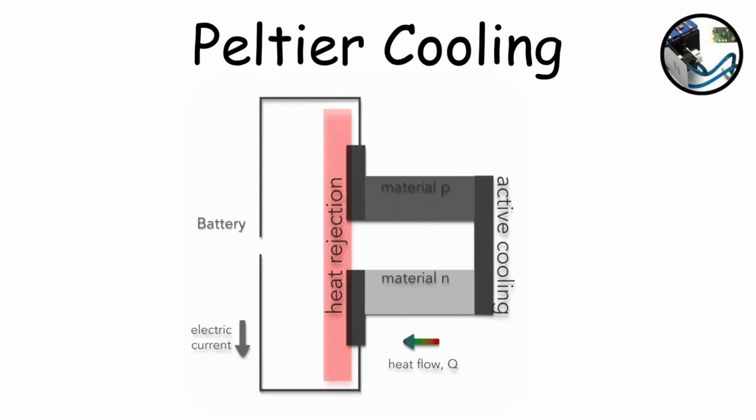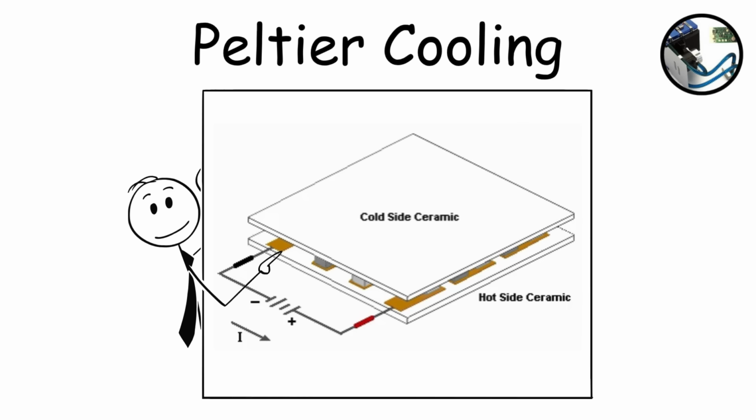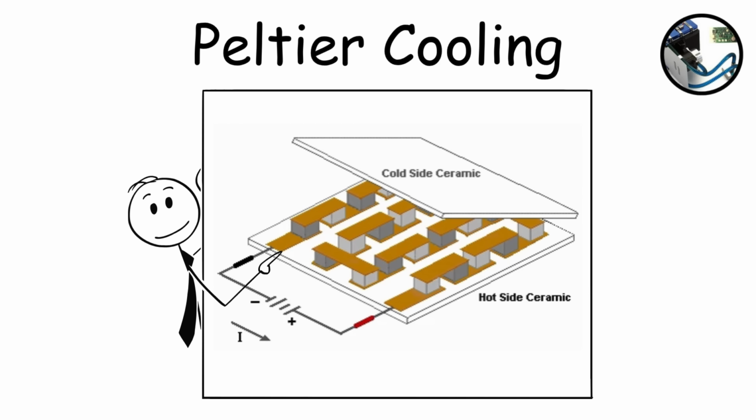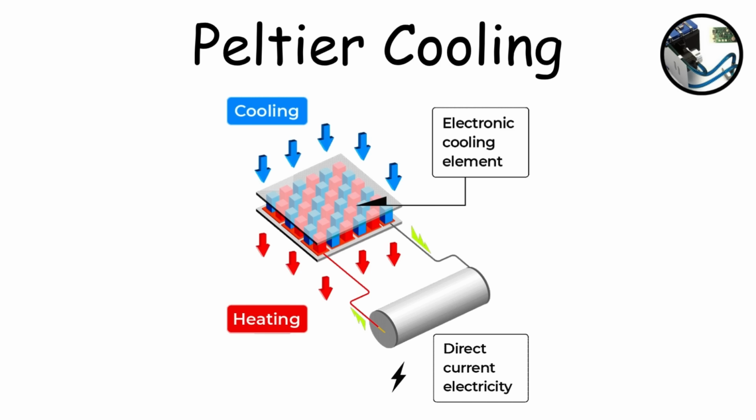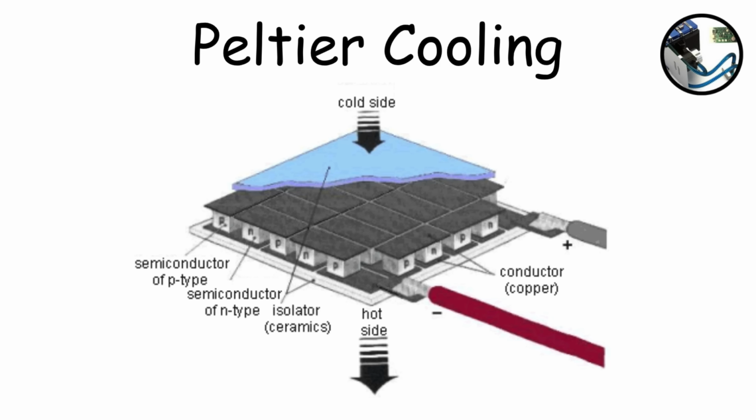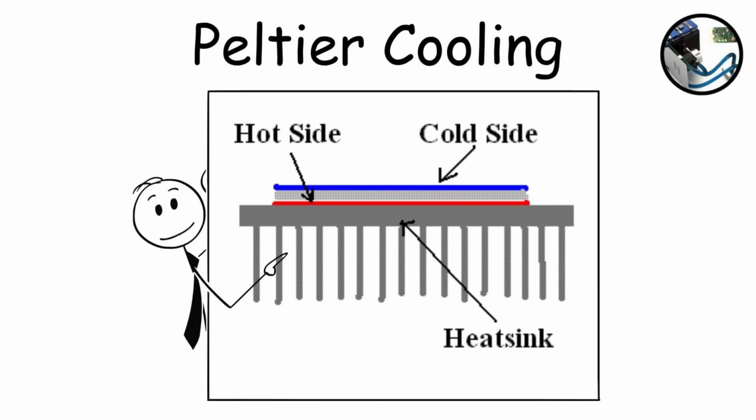Peltier cooling. A type of thermoelectric cooling that cools components by forcing heat from one side to the other using an electric current. A Peltier cooling setup includes a flat solid-state device made of two ceramic plates with thermoelectric materials sandwiched in between. When voltage is applied, one side becomes cold, the other hot. The cold side faces the CPU or GPU, while the hot side must be cooled by a heatsink or liquid system